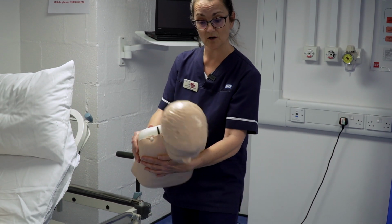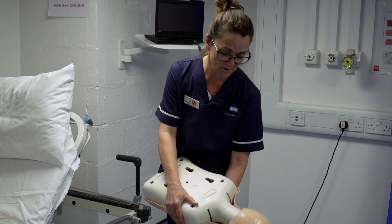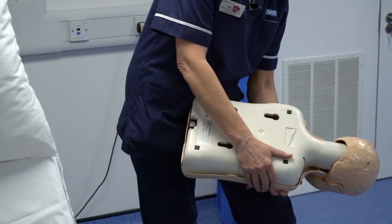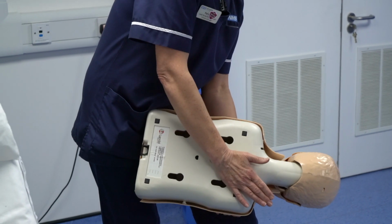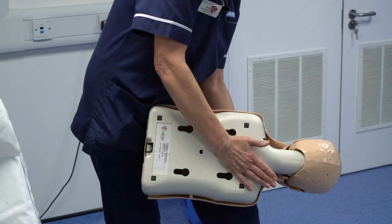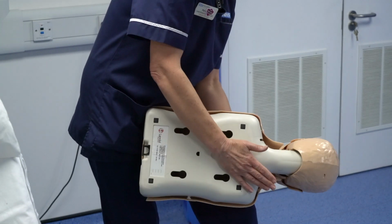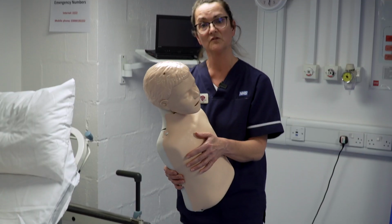Or if it's a young child, I may well pop him over my lap in the head down position, because gravity always helps. Once you've got them into a position you're happy with, heel of your hand between the shoulder blades, you deliver a back blow and see if it works. You can repeat this up to 5 times. And if after the 5th attempt there's been no clearance of the obstruction, we move to the next manoeuvre,